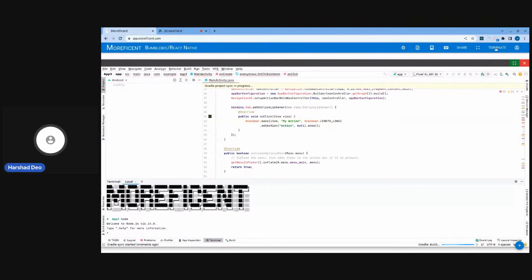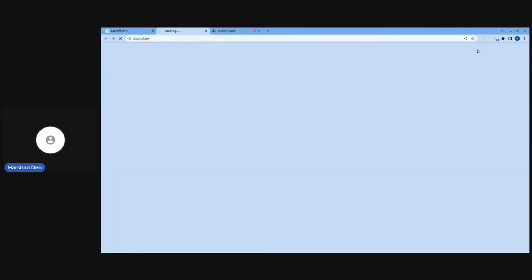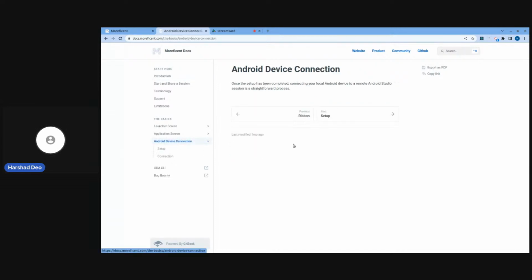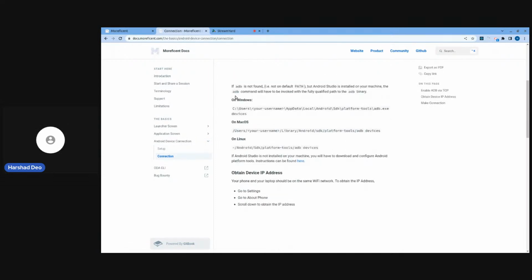Other than that, we have put in a lot of effort to make sure that you can start working without reading any documentation. But if you do run into any issues, then we have platform docs available that you can open from this link. They're available everywhere. And I would recommend setting up a CLI so that you can do things like Android device connection and so on, which is basically a one step process.